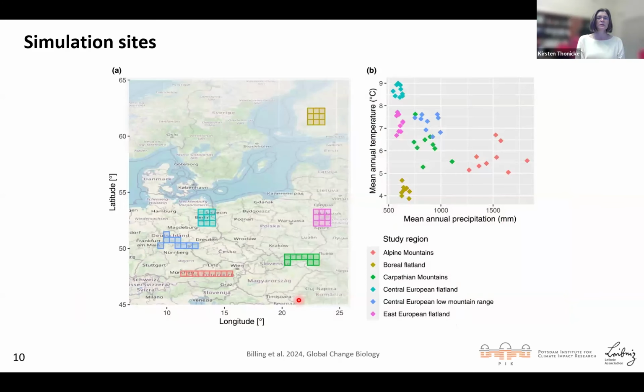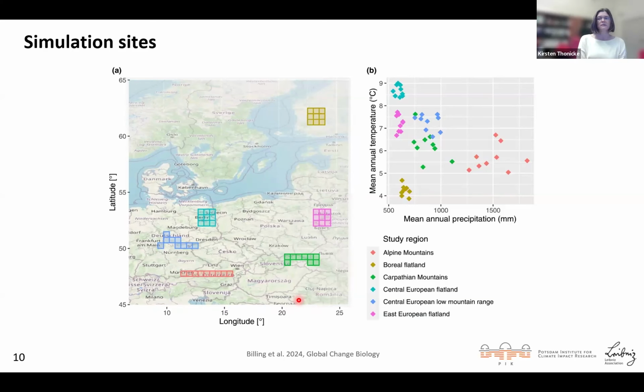And so again, we did this for selected sites, but now we took slightly different sites to cover a bit of a climate space and also different composition. So we now included also a boreal flatland site in Finland. We know that most of these sites today are heavily managed, but still giving an insight into